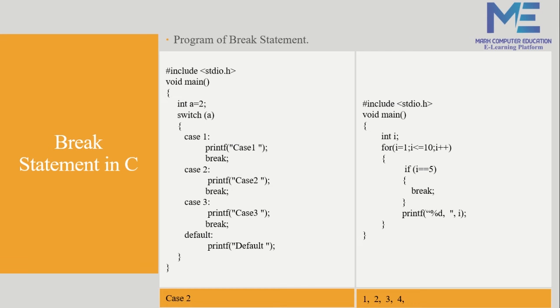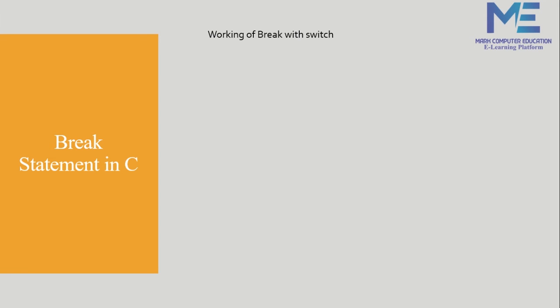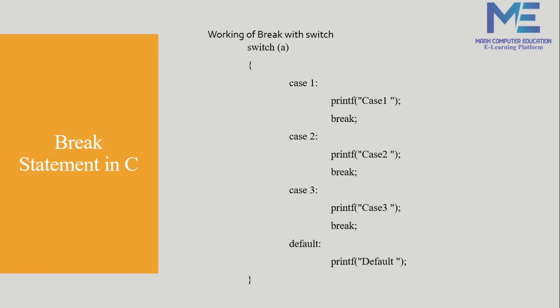Let's see the working of the break statement with switch. We had seen this also, but let's see again. First the compiler will take an entry in switch. It will compare the value of case with the given value. If the case value matches the given value, it will execute the case, and I had given break, so it will break the execution from here and throw the compiler outside the scope. So this is the working of break with switch.